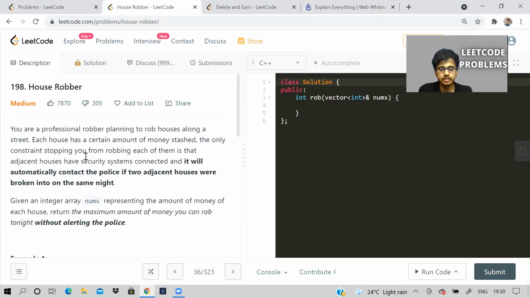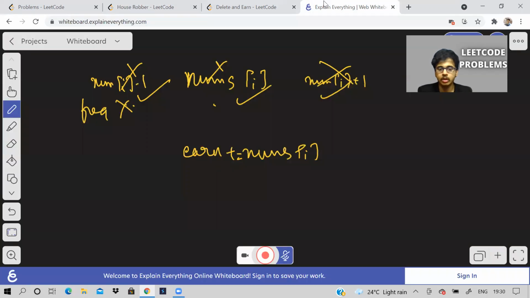The only constraint is that adjacent houses have a security system, and it automatically detects the police if two adjacent houses are broken into. So you can't take money from two adjacent houses. Given an integer array representing the amount of money, return the maximum amount of money you can take tonight without alerting the police. So what is this house robber saying?